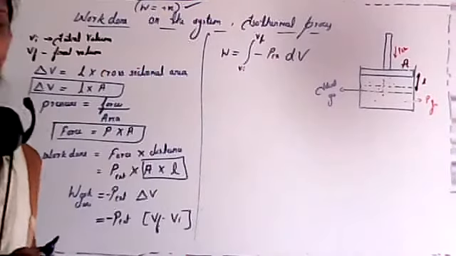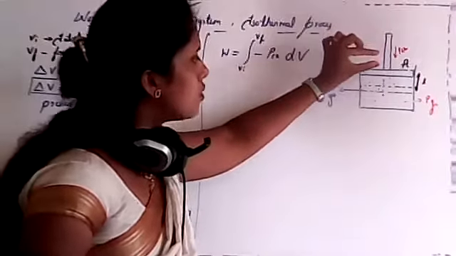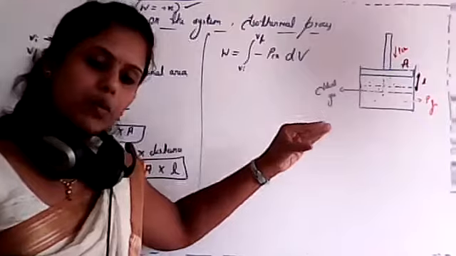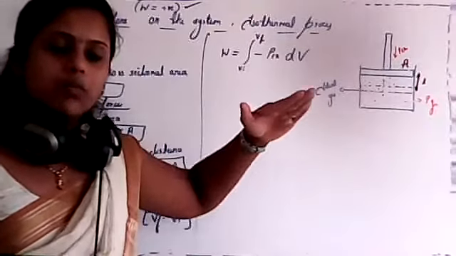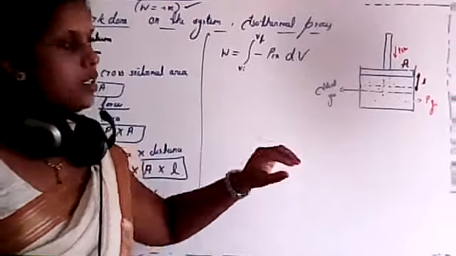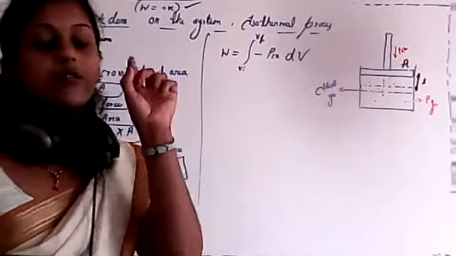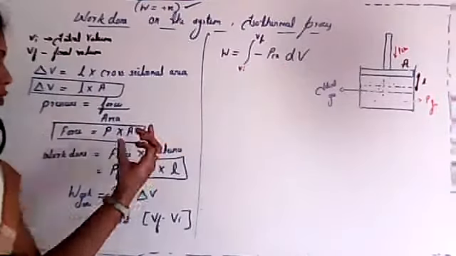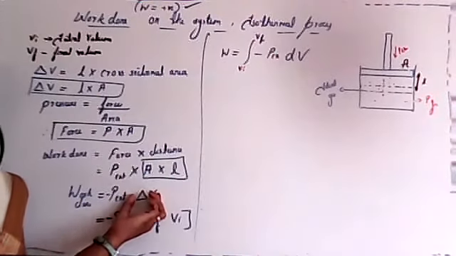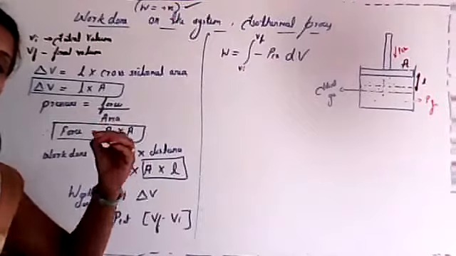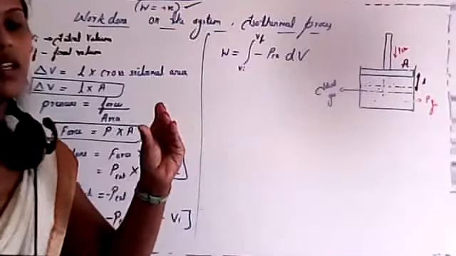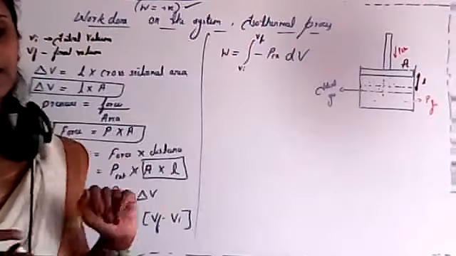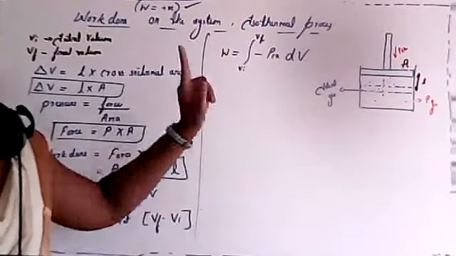Small changes, isn't it? If pressure is applied, it moves a small portion. Again, I'll increase the pressure. What will happen? Again, it will move downward. That means volume decreases slowly, so the change in volume is very small. So that's why I'll consider dV. If a sudden change happens, it is delta V. If the changes are small, infinitesimal, in that case, I consider it as dV.